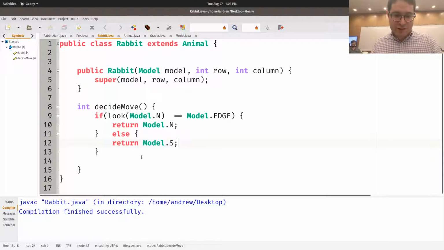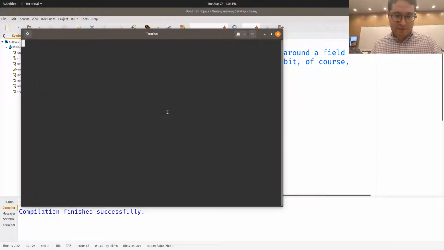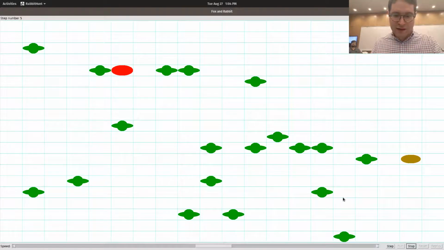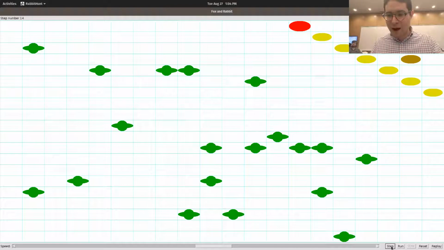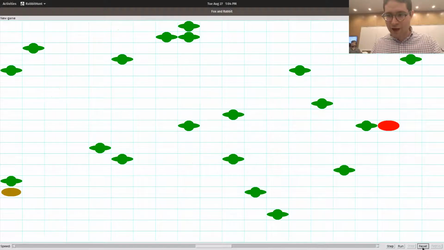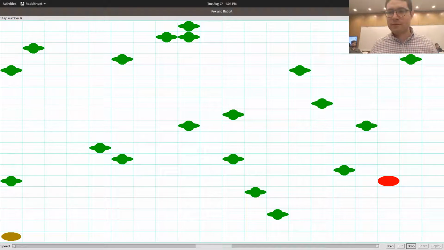Instead, we are going to go ahead and run this and see what happens anyway. Run. So here, in this scenario, we stop and do a step now. Notice that the rabbit's actually looking to the north now. It's going by too quickly for it to see. But now, okay, he's at the edge. So let's go ahead and see, aha. Now he's looking north and seeing a bush. So in this case, he's going to go down.